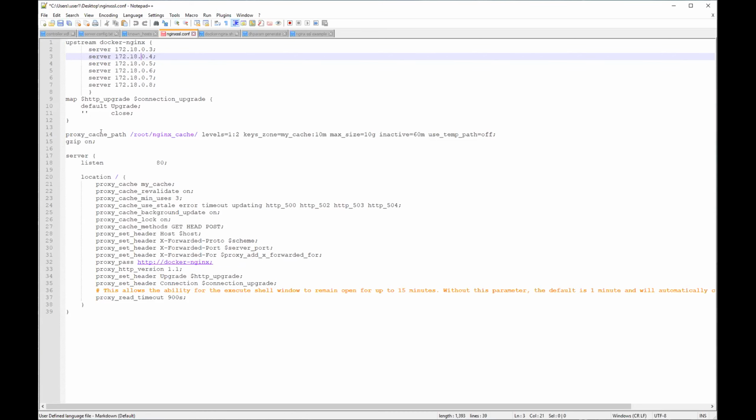So we will also define proxy cache. If you put your volume where the proxy cache will be on an SSD, this is gonna be crazy. Your website is gonna be super fast. So the caching is gonna be on an SSD, and you have turned compression on. These parameters will help you speed up the website.